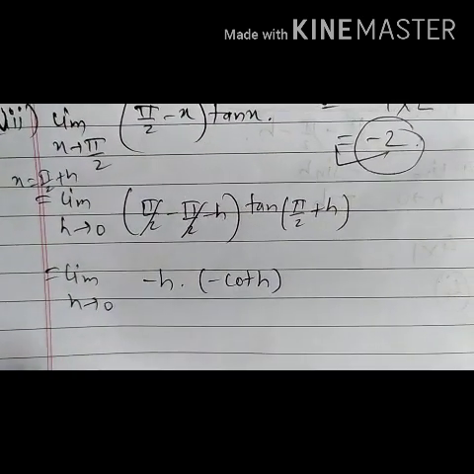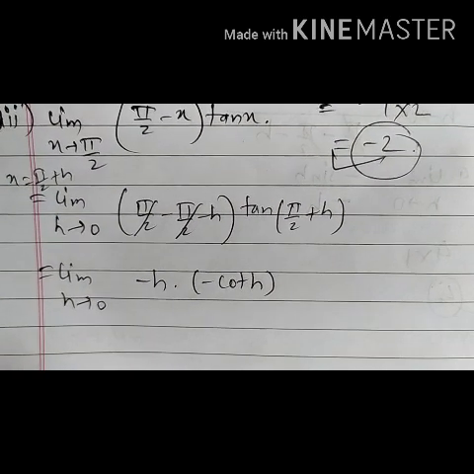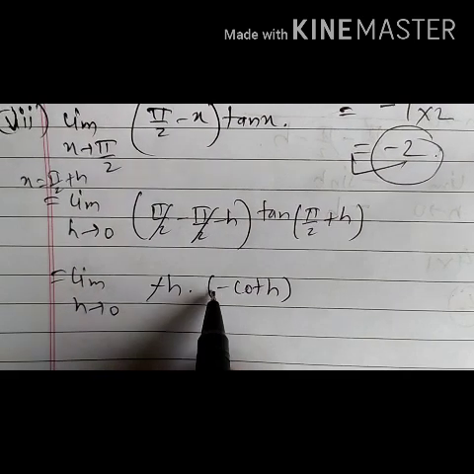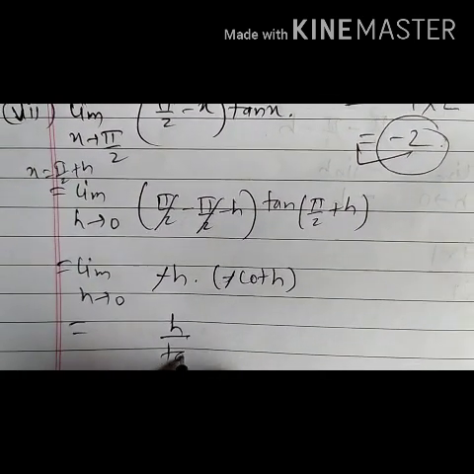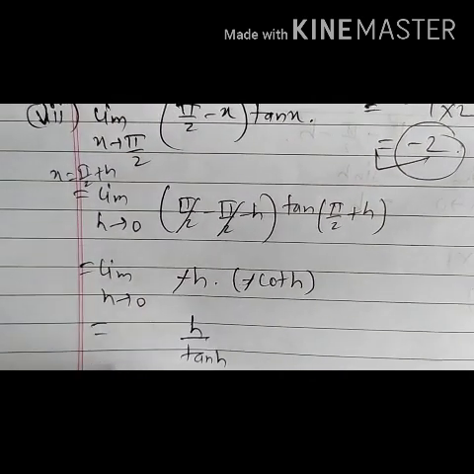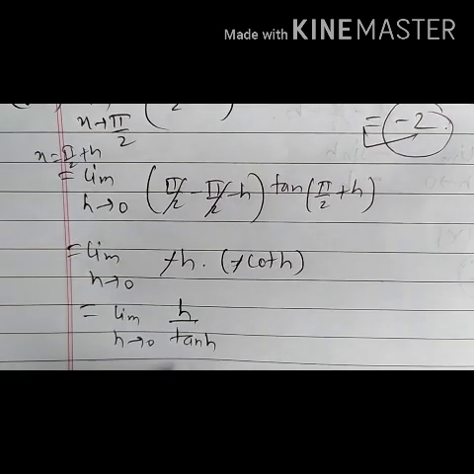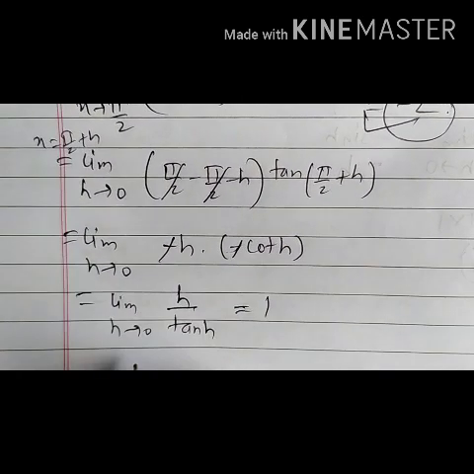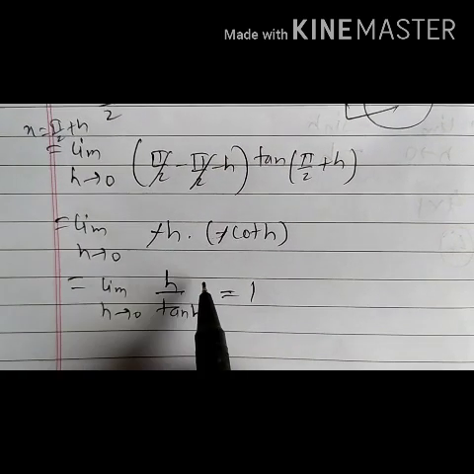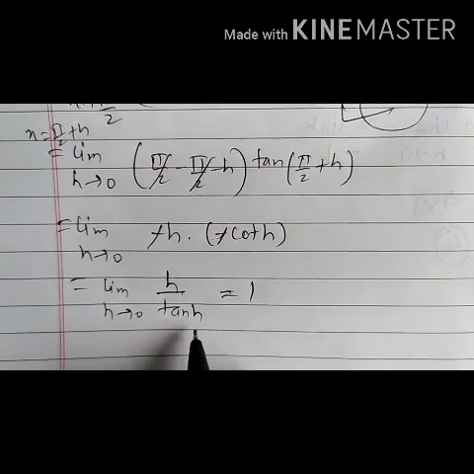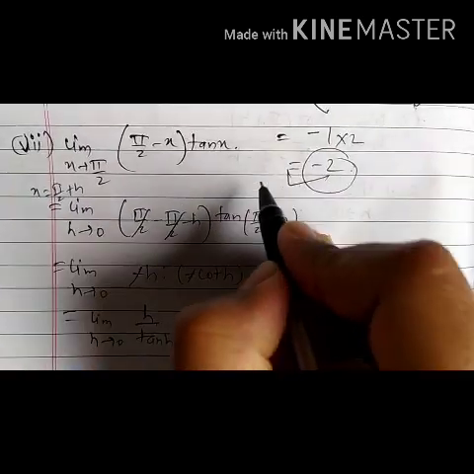Can we write, students, minus cot h as 1 upon minus tan h, or we can cancel this minus sign also. So we have h upon tan h, cot h we can write 1 upon tan h, limit as h tends to 0. So this will be also equal to 1, because as we know that limit as h tends to 0, tan h upon h, its reciprocal, its limiting value will be also 1. Understood? Now we are having one more method to solve this example.